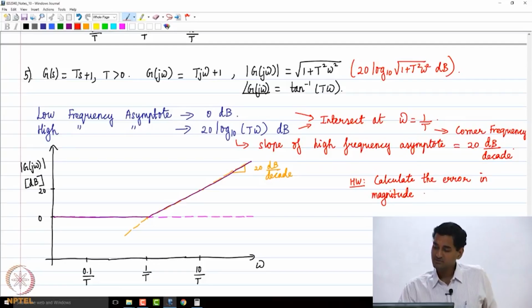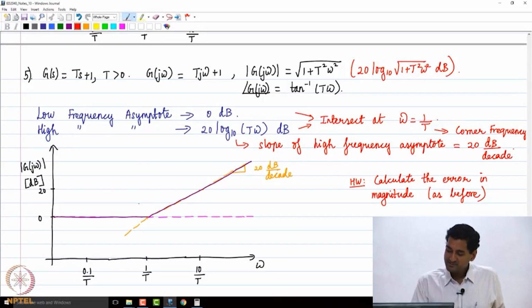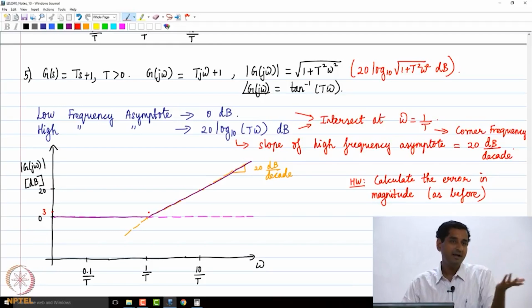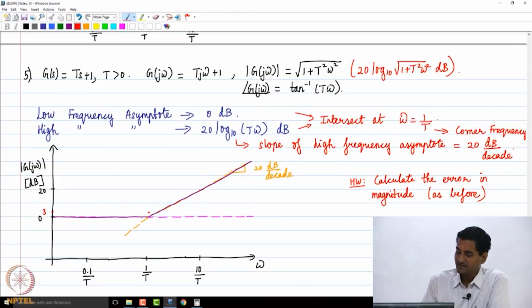Right. So, you will see that now at the corner frequency you will have an error of plus 3 decibels, okay, and 1 octave above and below you will have an error of 0.97 decibels, whatever was minus becomes plus, okay, and 1 decade above and below the error will be 0.04, okay, almost close to 0. So, the actual curve will be something like this,